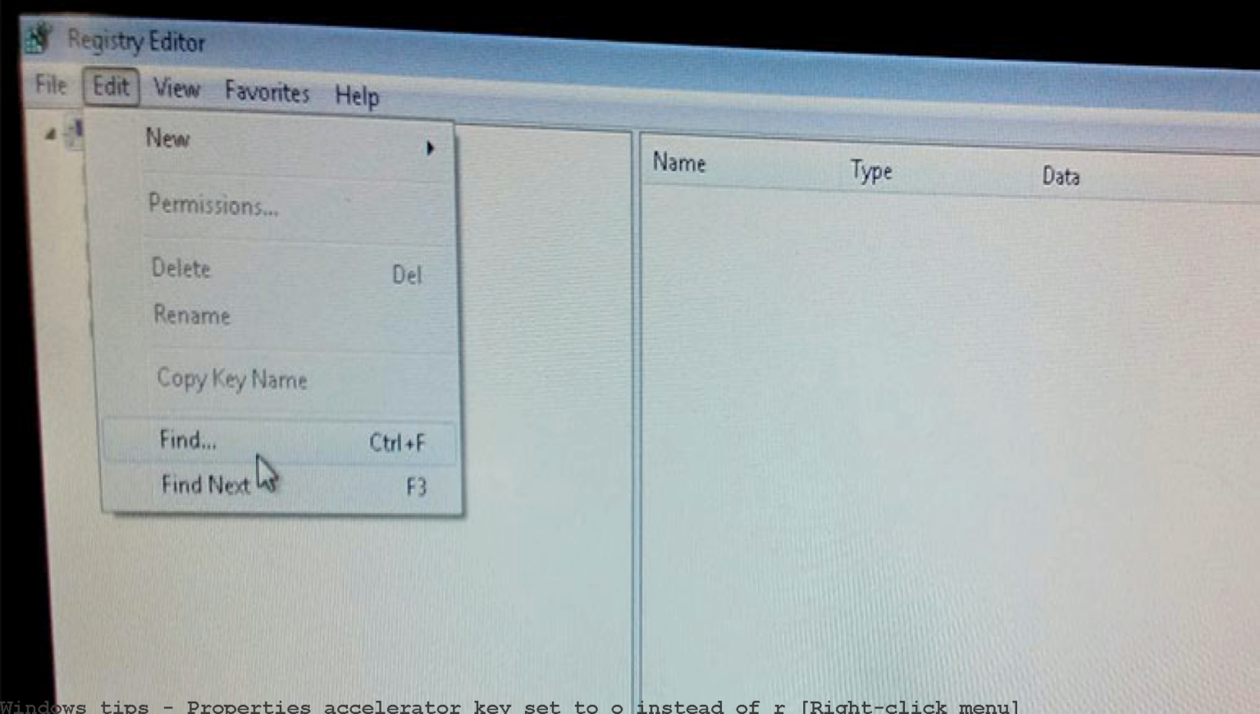This is inconvenient. Then, right-click the Windows Defender key and choose Delete Windows Defender policy keys in the registry. Properties accelerator key set to O instead of R. How to add written command to right-click menu in Windows 10. The shortcut key for Properties from the right-click menu has changed to O instead of R. From previous Windows, I always used this key button before, and now the O has two shortcuts, for Open and